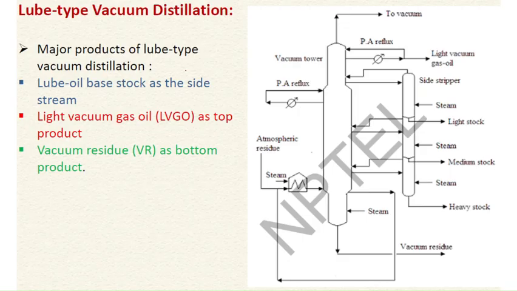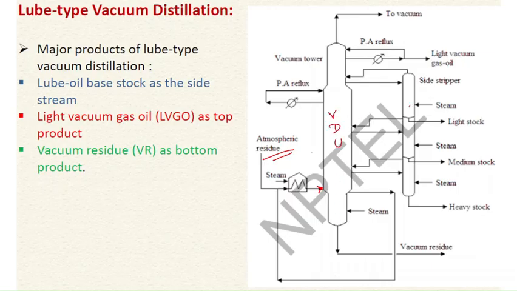The second portion is the lube type vacuum distillation. So here, as I told, not all crude oils will produce lubricating oils. Only those crude oils which contain the lubricating fractions will produce the lubricating oil. Okay, so the lube oil base stock is given as the side cut here. As we can see, this is the atmospheric residue. After heating, it is given into that vacuum distillation unit. Okay,